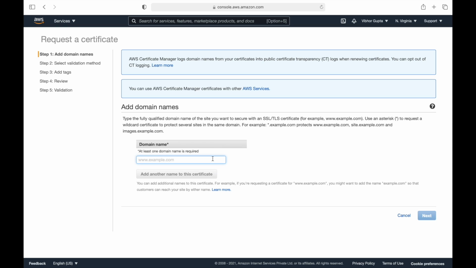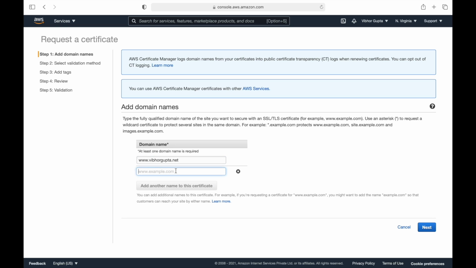So my domain name is www.vibhorgupta.net. We also want non-www name of our domain. So we are going to add another name to this certificate. Now, if you have some other subdomain, then you can add them over here.